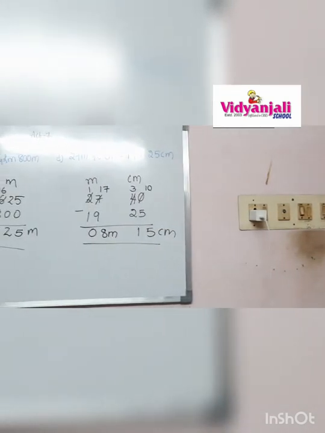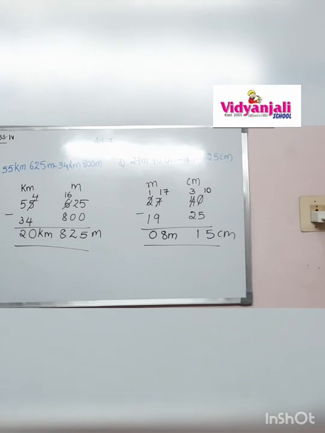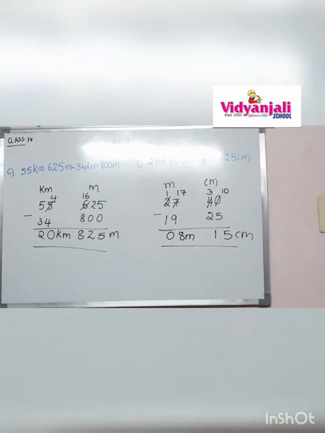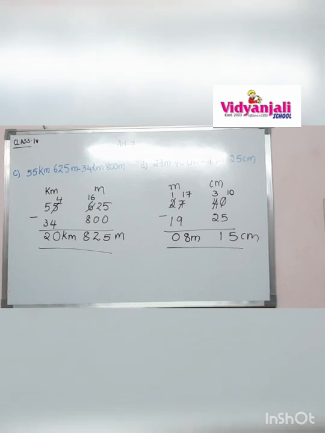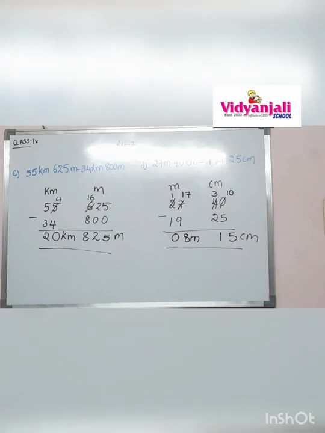Okay. So, this is about the activity number 7, children. Of course, there are many problems. The remaining problems you have to do as homework. Okay, children. That means A, B, C, D I have solved, first Roman and second Roman. E, F, G, H you have to do on your own in your homework book, not in the CW. Okay. Is it clear? Yes. So, tomorrow we will discuss activity number 8, that is the word problems based on these measurements.